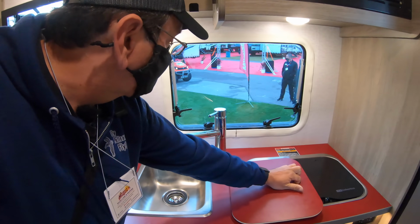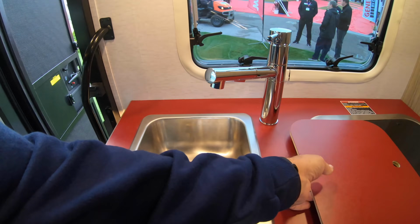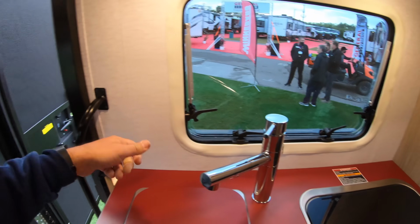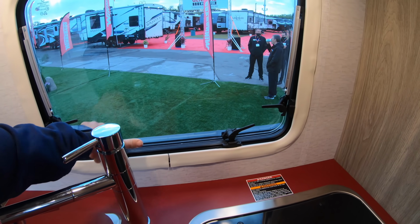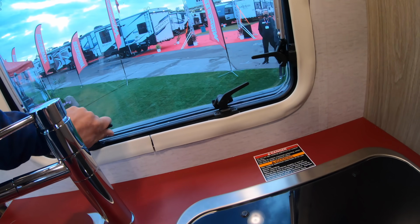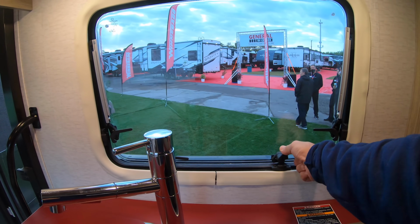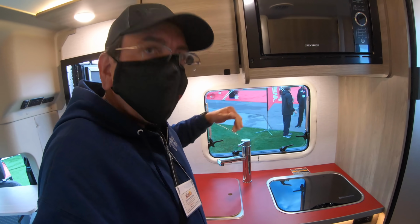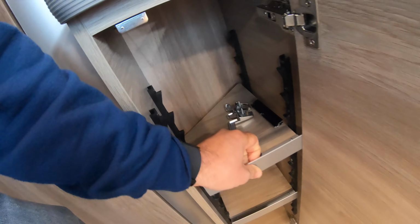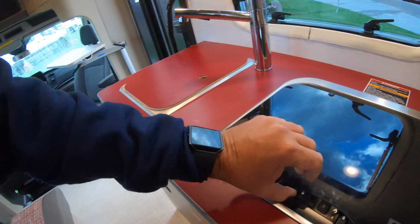Here we have this nice sink with the faucet that comes out like that. Very cool. Awning style windows. In the past I've had mixed feelings about awning style windows, and I have no idea how to open them. But these ones open up a lot, so I kind of like them. Here we have some pantry space with shelves, a two burner